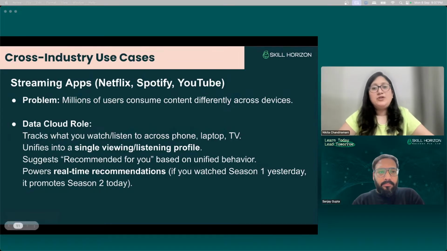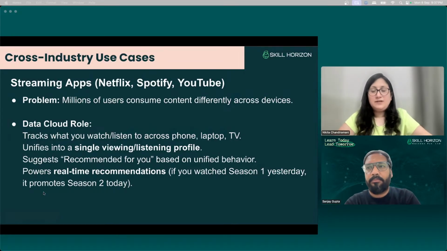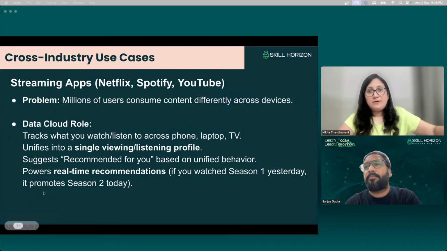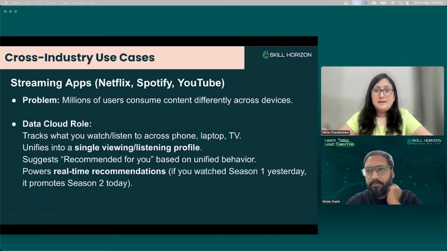It tracks what you watch and what you listen to across phones, laptops, TVs. Everything is actually accessing the data, that is your behavior. So it unifies into a single viewing or listening profile. Even if you do not give the name, they will give you an XYZ, and they will see that from this particular IP or this particular application or this particular demographic location, people will see or hear this kind of songs. Okay, so that's why the demographic data is present in YouTube Studio. If you have your channel, you must be seeing the demographic data. So your channel is being watched at so many places. So what all is that? It's the data analytics in the data cloud.